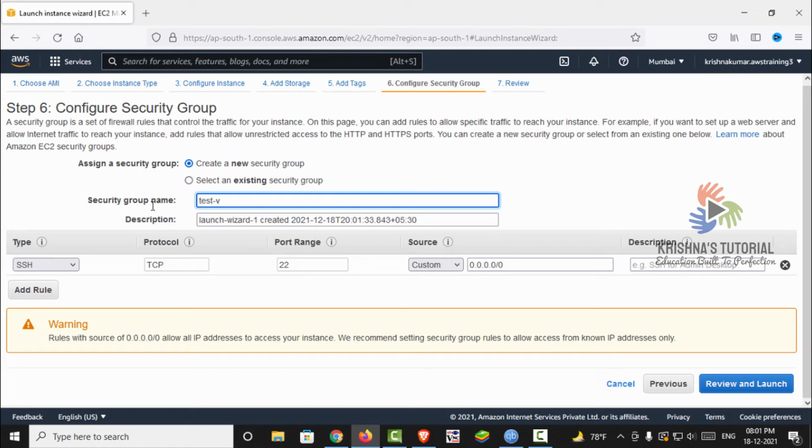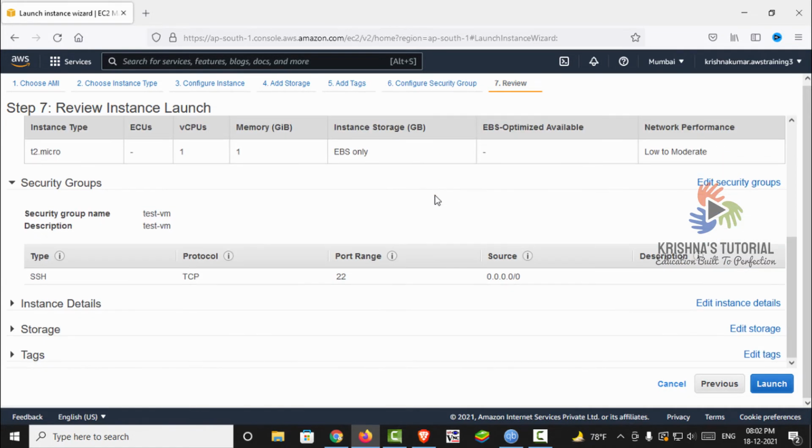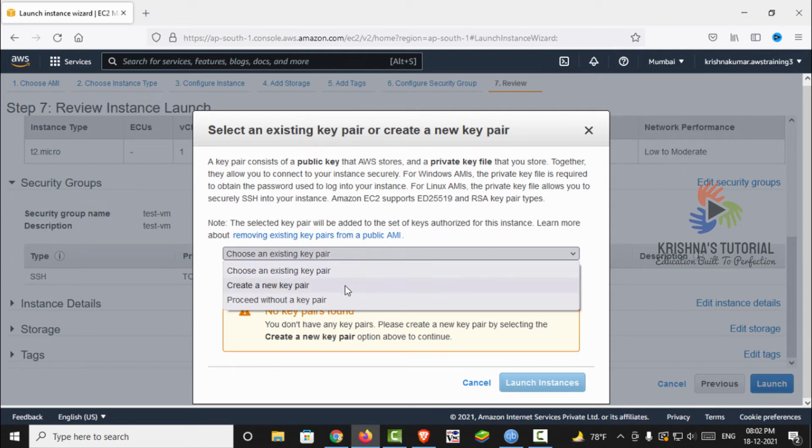I'm going to give the test VM name for the security group and click review and launch. You can review whatever settings you have given. Now click launch. While creating, you need to create a key pair for this. There is no existing key pair, so I'm going to create a new key pair. Click create a new key pair